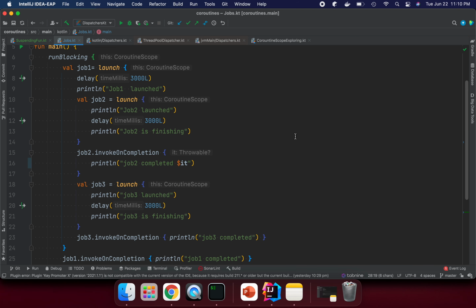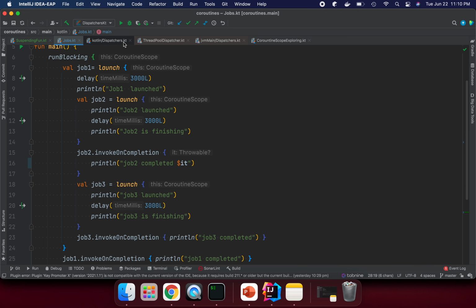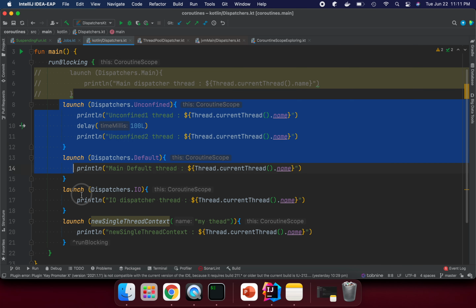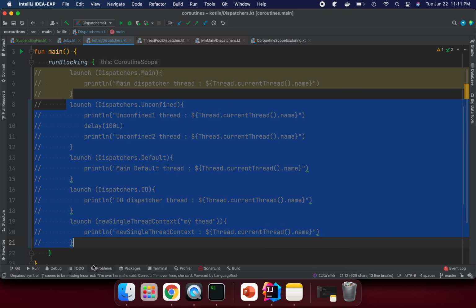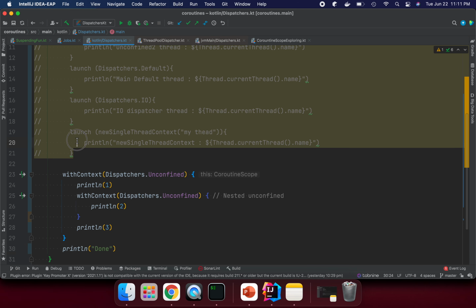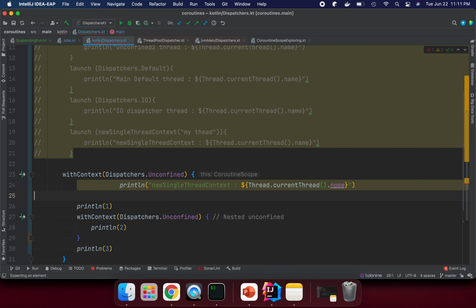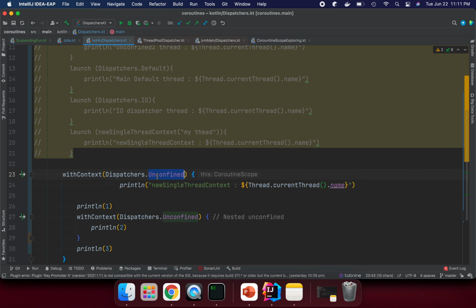Let us try to understand it. Where is the Dispatchers? Okay, and let me just print the thread name. So unconfined one thread.